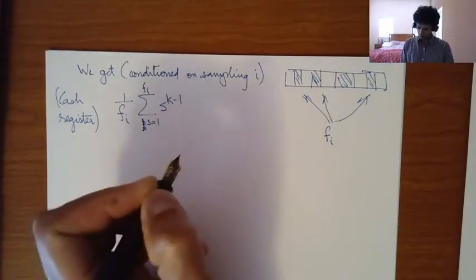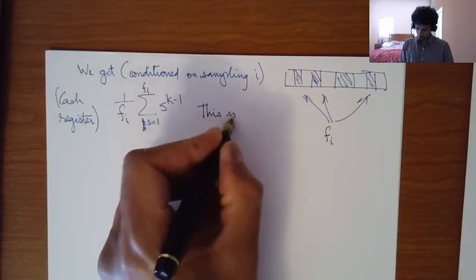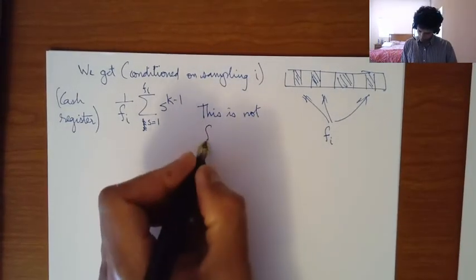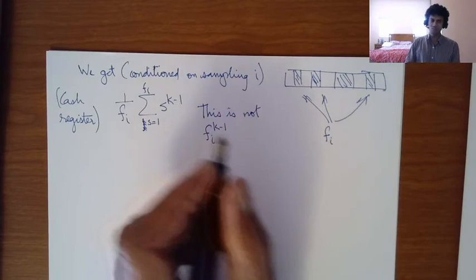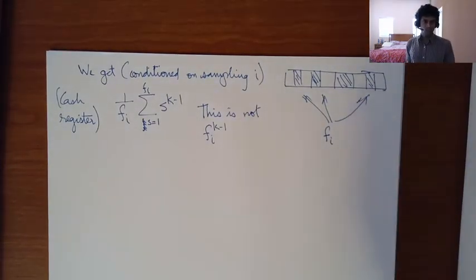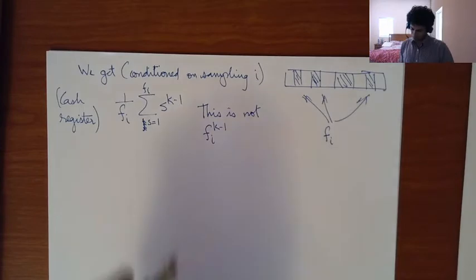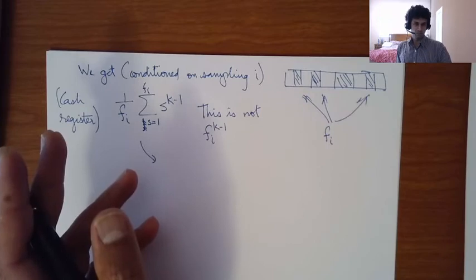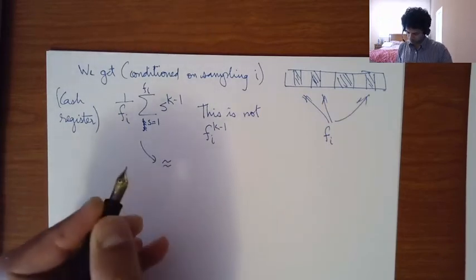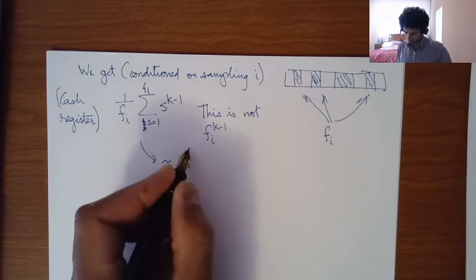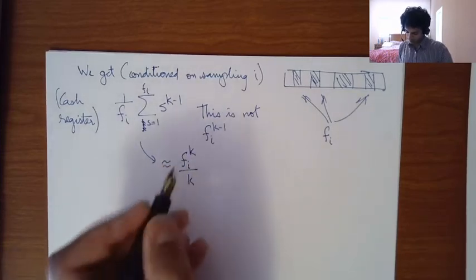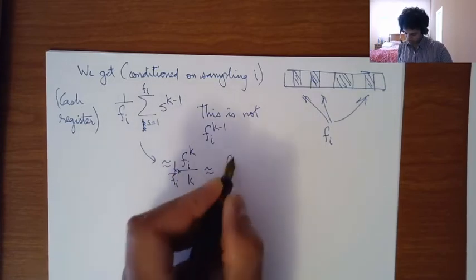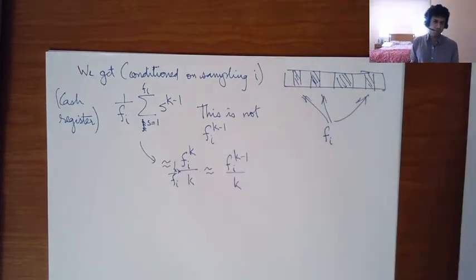And clearly, this is not Fi to the k minus 1, but maybe it's somewhere around there, right? Because if you just sort of say approximately what is it going to be, it looks something like Fi to the k divided by k and times 1 over Fi, and so it seems like it's approximately going to be Fi to the k minus 1 divided by k. This is an approximation,